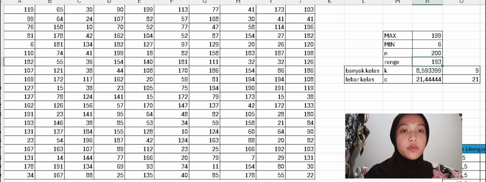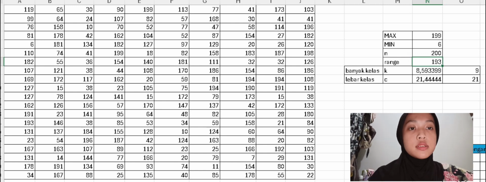The data was processed using Microsoft Excel to calculate various statistical measures such as mean, median, mode, quartiles, decile, percentile, measure of variance, skewness, and kurtosis so that the data becomes easier to understand and analyze using